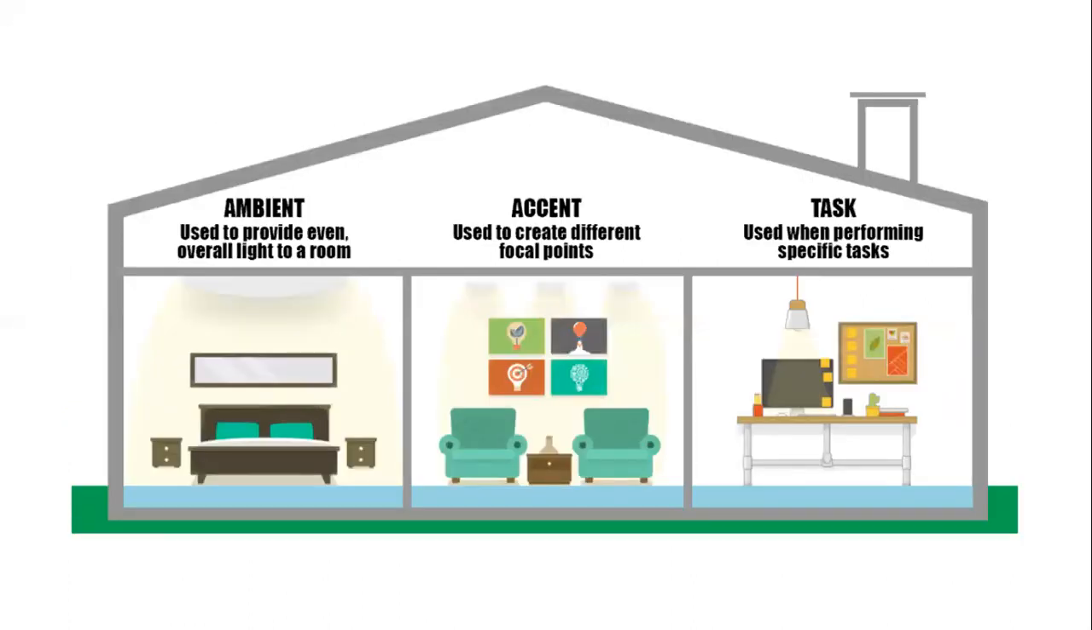So to sum up, there are three types of lighting: ambient, accent, and task lighting. Ambient is used to provide even overall light to a room. Accent, however, is used to create different focal points. And task lighting is used when performing specific tasks. As you can see in the picture,